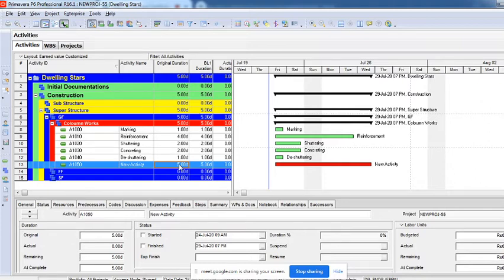I told you there are 3 different ways we estimate an activity, how we come to know how much time it takes. One is parametric estimation, estimating an activity with parameters. You need 2 parameters. One is the quantity of the work, meaning how much marking or how much reinforcement or shuttering has to be done. So you need to know the quantity. What is the second parameter? Productivity.